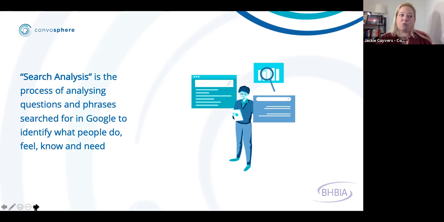One of the differences between these two types of data is that one is not people participating in a conversation, and you can't really tell from the search data whether someone's a patient or caregiver or HCP, whereas in social listening and in those online conversations, you're usually able to identify from the conversation or even the profile or the bio, depending on where the data is coming from, if this person's a patient, caregiver, or HCP. So the search analysis is the process of looking at what people are looking for and the way that they express what they're looking for.